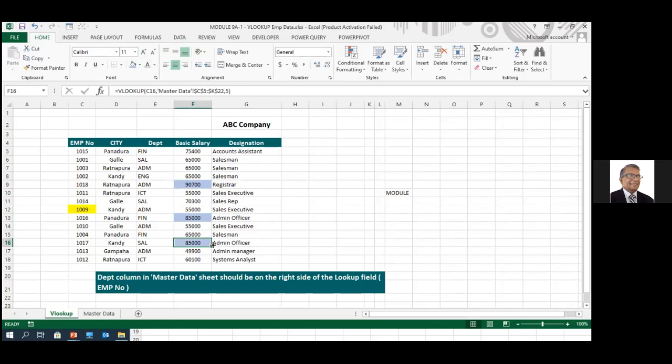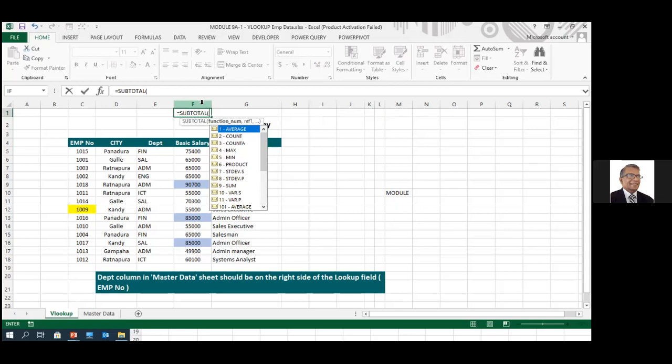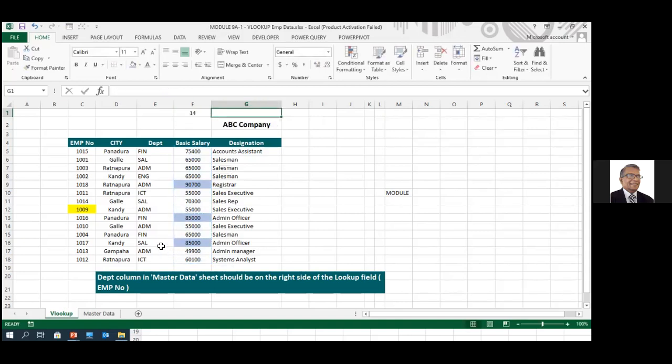If you are doing it with the conditional formatting, you can put the same conditional format onto the COUNTIF function, which we haven't done yet. But there's an easy way to do it. You just put a filter onto this. On top, you can say, don't sum, say subtotal. Subtotal count A. When you put count A, it will count the text and numbers both, right? Count A is number 3, comma, and you select the range. It will give a count of everything.